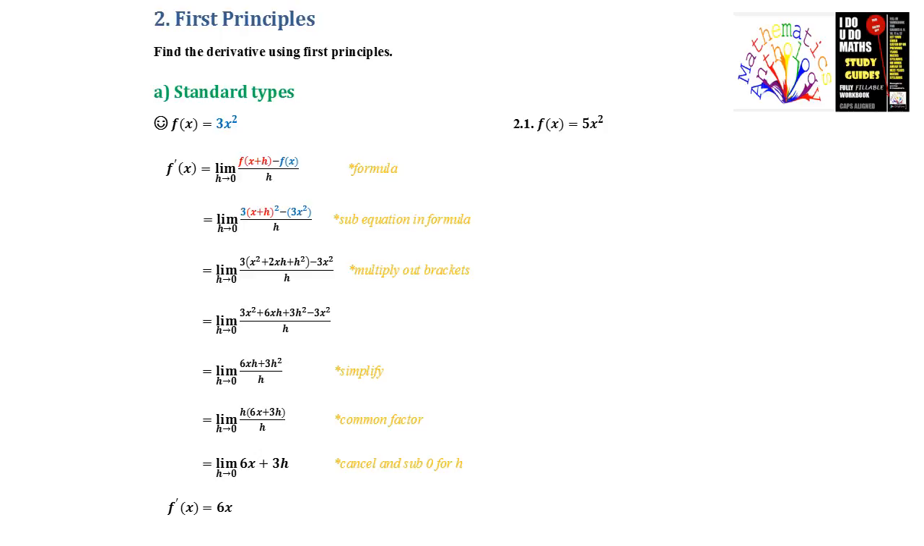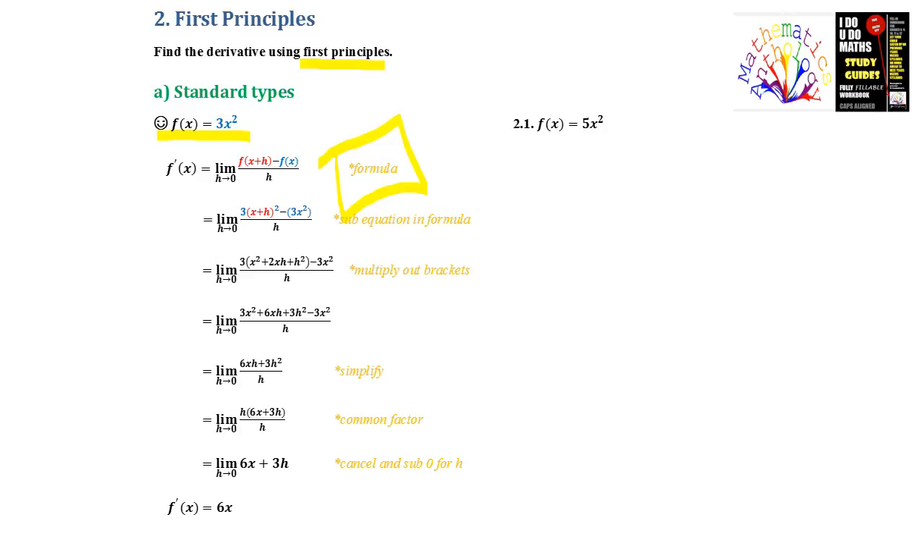Let's look at first principles. So we will find the derivative using first principles. We're given our equation f of x is equal to 3x squared here, and we will find the derivative using first principles. Now, when the instruction is to use first principles, you must start with the formula for first principles,